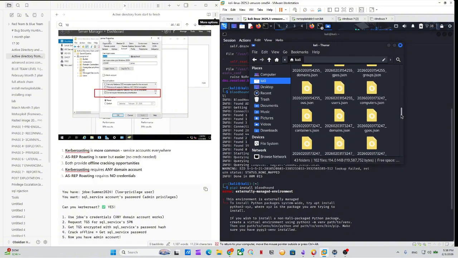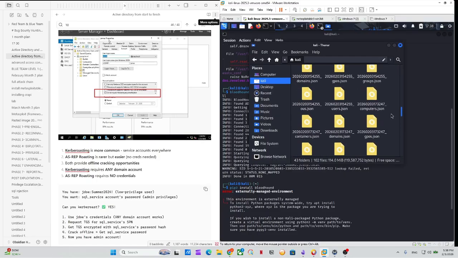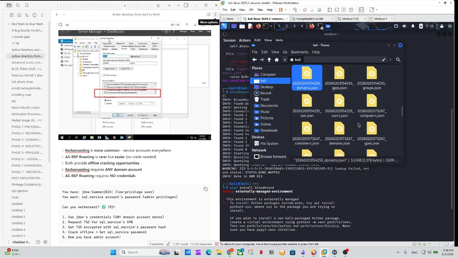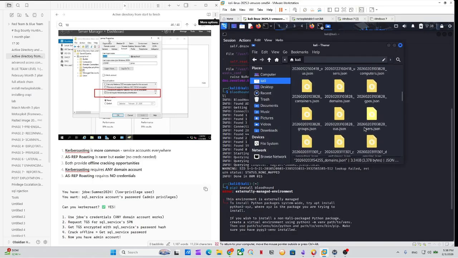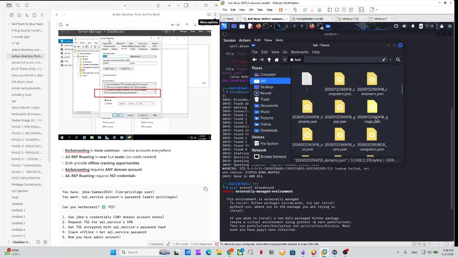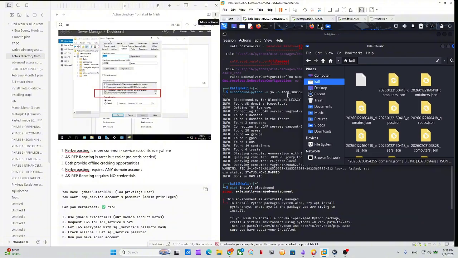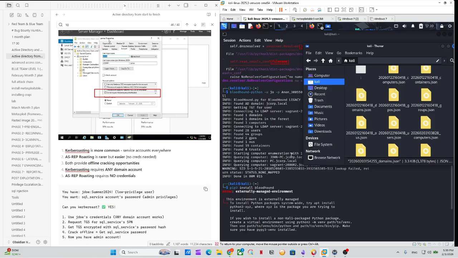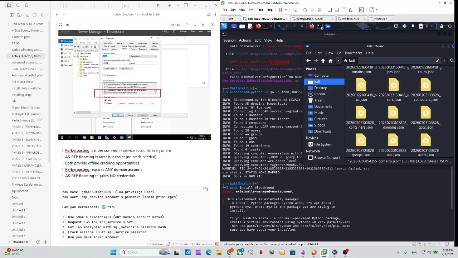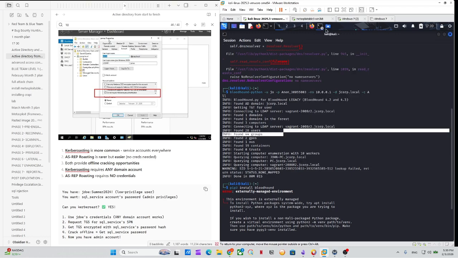Yeah, you see this one, all these files: domains, groups, and the JSONs, GPOs, domains. Actually, all this stuff was extracted from BloodHound, by BloodHound, with this command. So it just extracted it for you. Okay, and yeah, it extracted these users and all these details. Now the next step is going to be